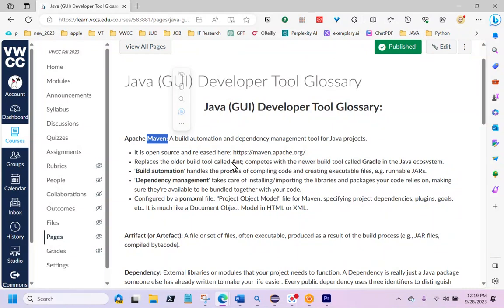There are other build tools out there. The older one is called Ant, and the newer one is called Gradle, which I've seen used a lot in Android development. But Maven is probably still the most popular and dominant build tool. Another word for it is a dependency manager, or some people just call it a project manager. Maven creates a project setup for you and handles downloading